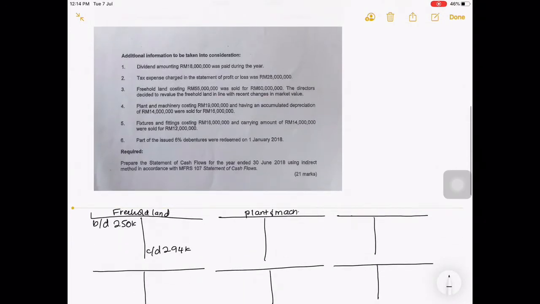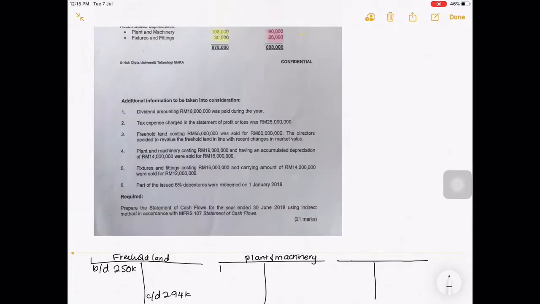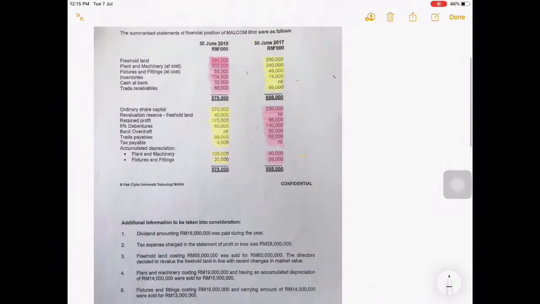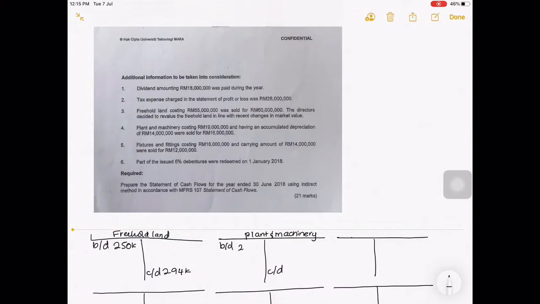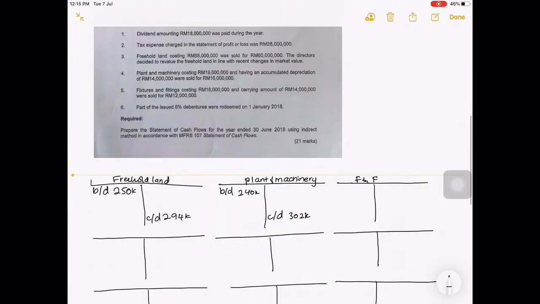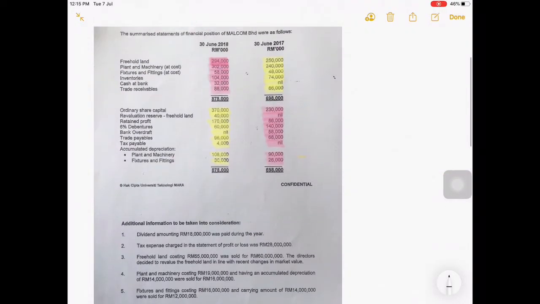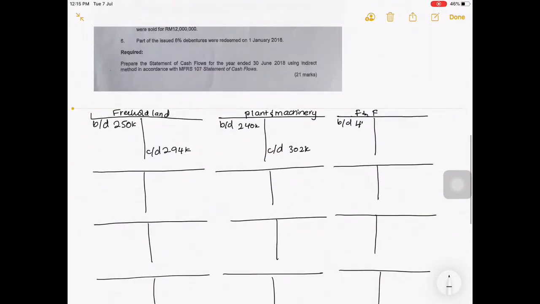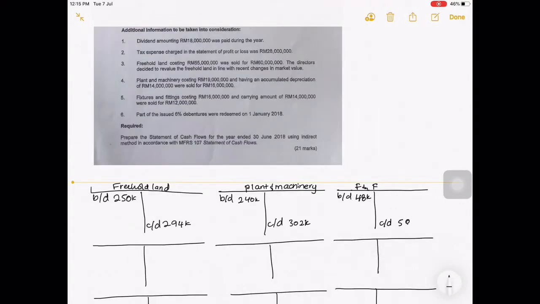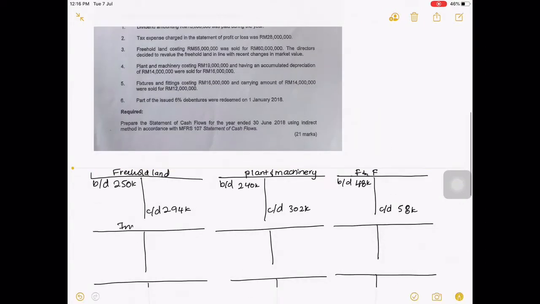The asset must start the opening balance with the debit balance, and the closing balance on the credit side. So here plant and machinery 240,000, carried down is 302,000. For furniture and fitting, the balance brought down is 48,000, and the closing balance is 58,000 on the credit side. Whereas for the inventory,